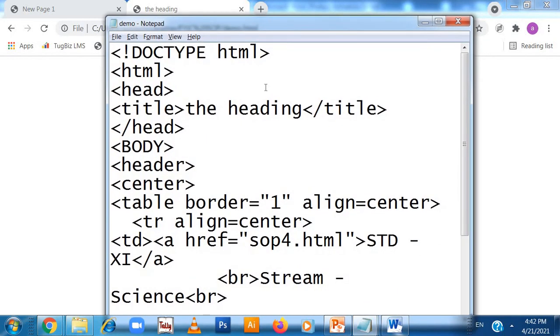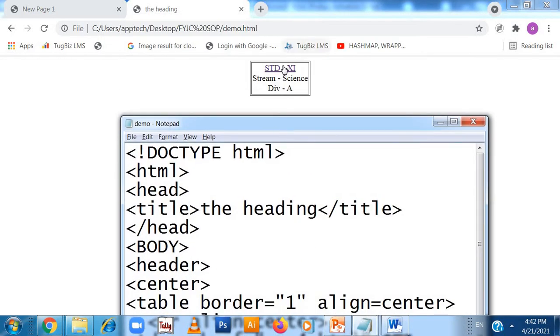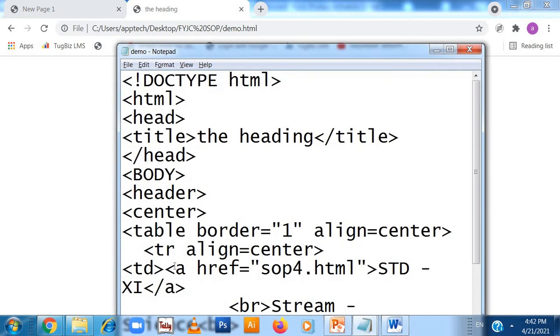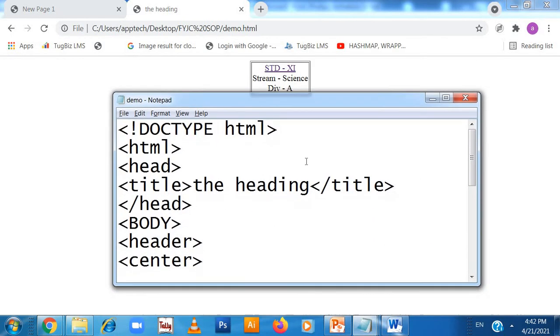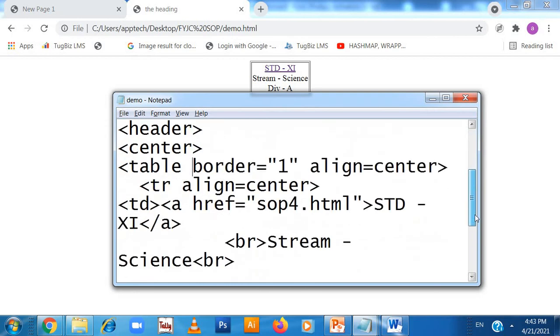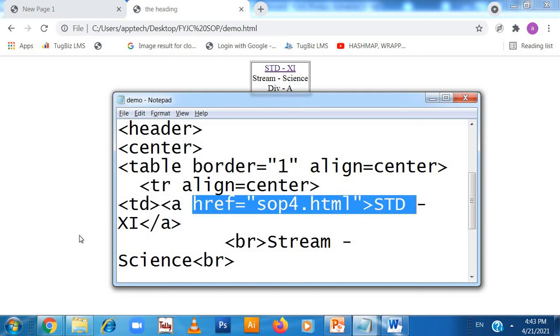And inside there is a hyperlink on standard 11th. You can see standard 11th here. I have given the hyperlink reference by using the anchor tag a href, and it will throw me on the SOP4.html by clicking on standard 11th.